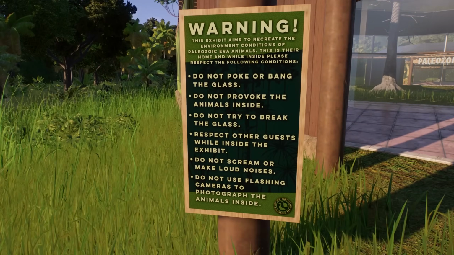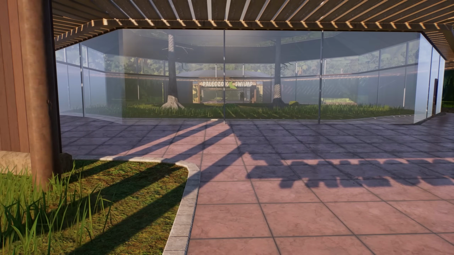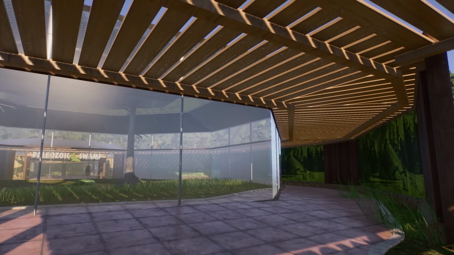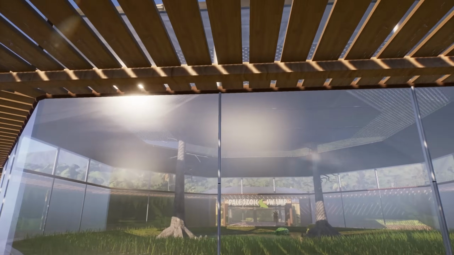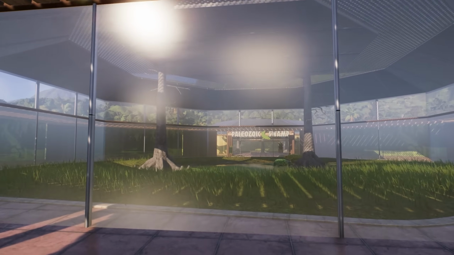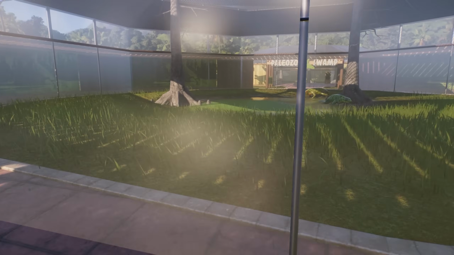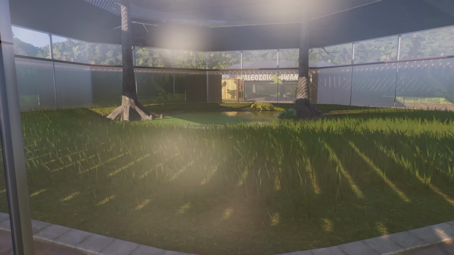Over here, you can see the little warning sign, don't poke or bang on the glass. No matter how sexy the glass looks, there will be no banging off the glass. And as you can see, we've got this sort of interior swamp habitat. Now, ignore the pathwork. That's my fault, and I promise the others are better. But in this habitat here, we have